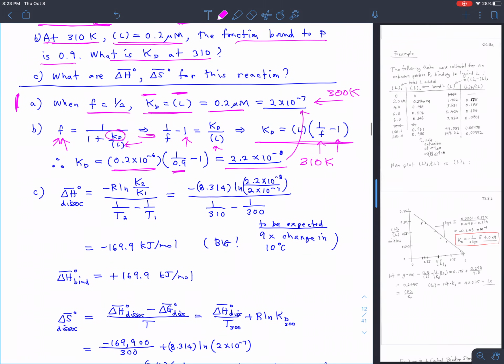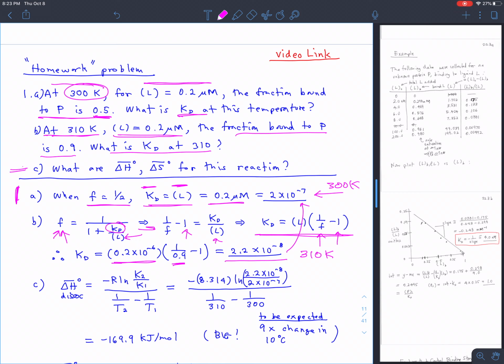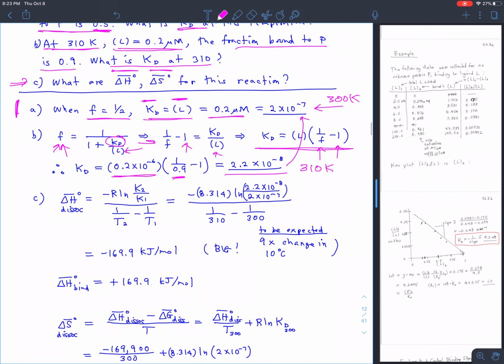And therefore we have the Kd at 2 different temperatures, and that leads to the third part of the question, which says, what are the delta H and the delta S for this reaction? So since we have the K value at 2 different temperatures, we can do a van 't Hoff analysis. We can calculate the delta H for dissociation, right? So not the delta H for binding, but the delta H for dissociation, because we're using Ks for dissociation, Kd